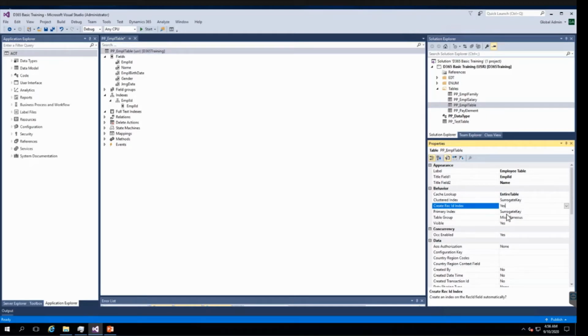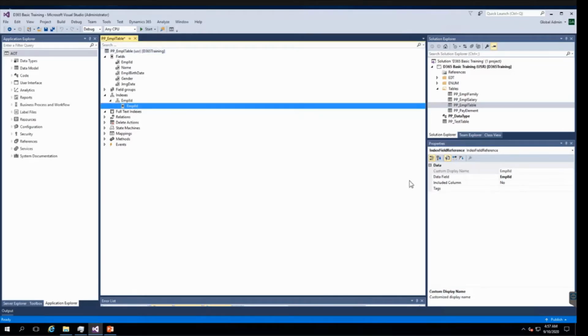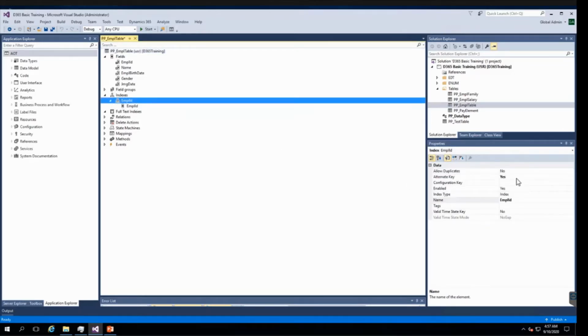Another is primary index. This specifies the primary index. We have seen how we created the index. All the indexes which have the unique property set to yes will be shown here. If we drop down here, we see employee ID, because employee ID is a unique key. If I go into this index, employee ID, and say allow duplicates yes,